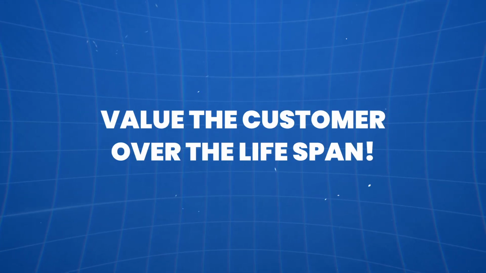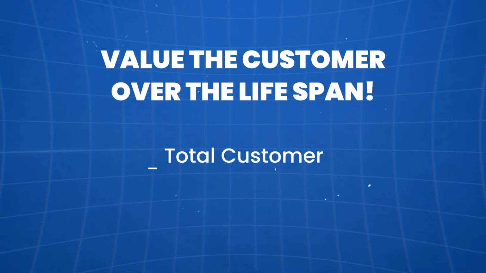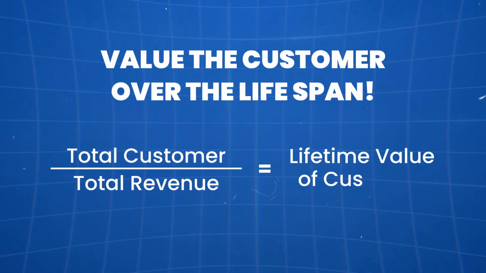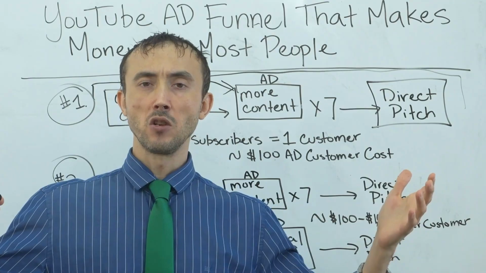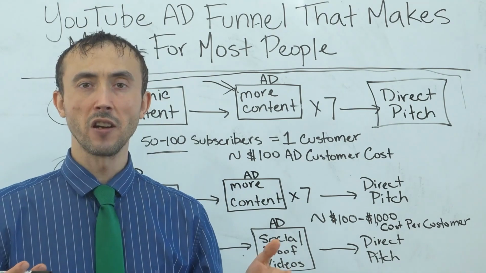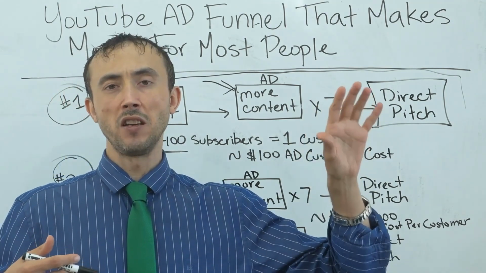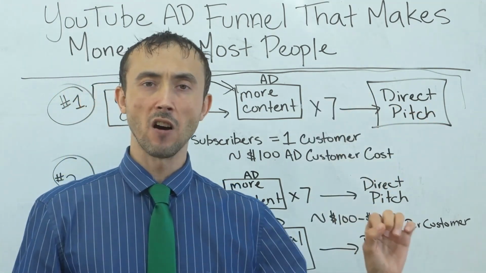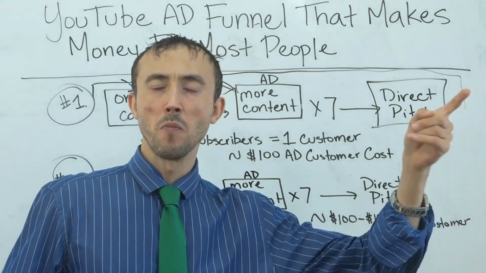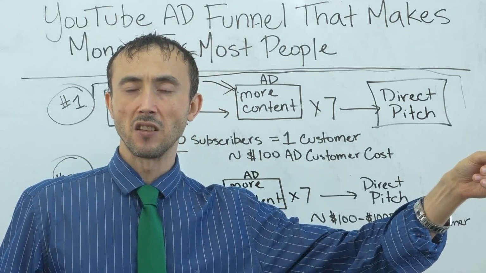And if you don't know what a customer's worth, you divide the total revenue you've ever had by the total number of customers you've ever had to get your assumed lifetime value of a customer, so you know what you can pay to get a customer after your expenses. Then it becomes clear what you have to do, which is to advertise any place where you can get a customer at or below that cost. A $100 acquisition cost is usually in line with what most businesses can afford to pay to get a customer. Not all, but a good chunk, a majority.